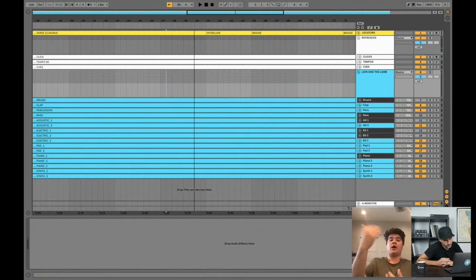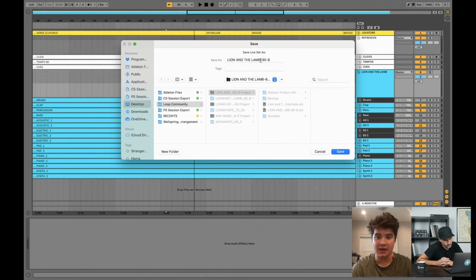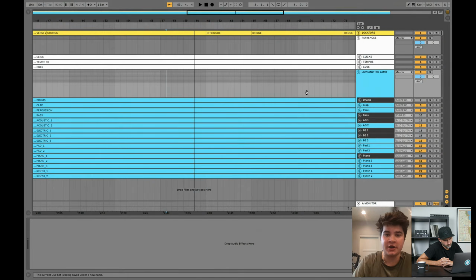Just so I don't have to unmap anything. I can just map everything one time. Like this session, I'm going to save it as Lion and Lamb. And what I do is I put a little programmed name right before, just so when I look at that, I know this one's ready to go. That way, I'm not dragging in one that's not ready. I'm dragging in, this is ready to go. I can drag it in and literally press play.